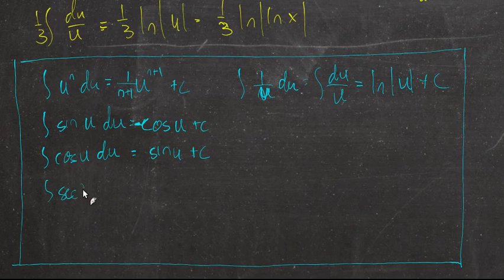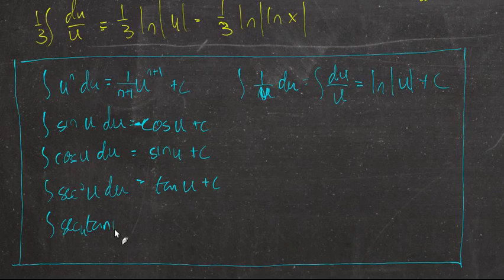For secant squared, if we could get it to look like secant squared of a function times its own derivative, using u-substitution, or just by seeing it in our mind's eye, then we say that's the tangent of u plus c. And we have all these other rules that have to do with the antiderivative of secant of u times the tangent of u,